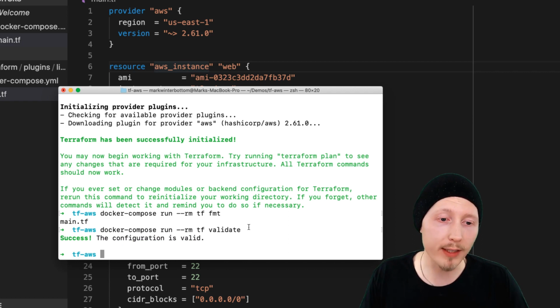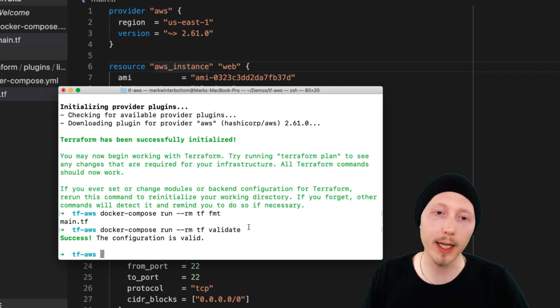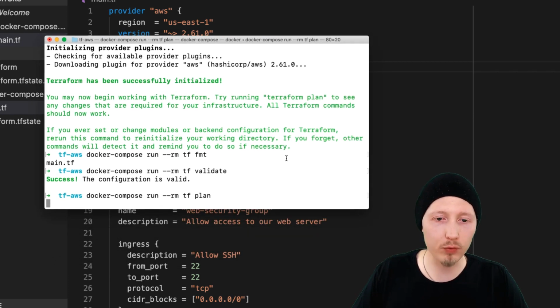Next, we can run terraform plan. So there are three main commands that you run when you're actually applying Terraform. There's terraform plan, which will plan the changes. So that's a command that doesn't do any actual changes to AWS. It just tells you what it would change if you applied the Terraform. So if you run the docker compose run rmtf plan command, then we're just going to let this run, and